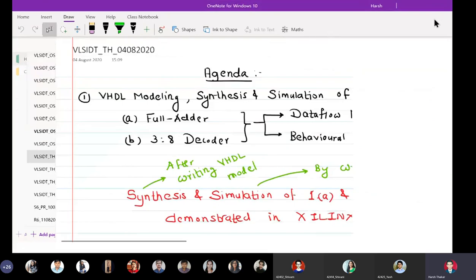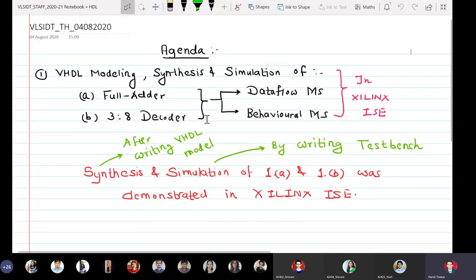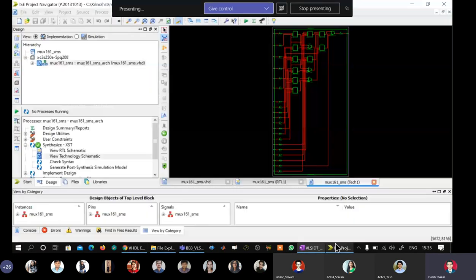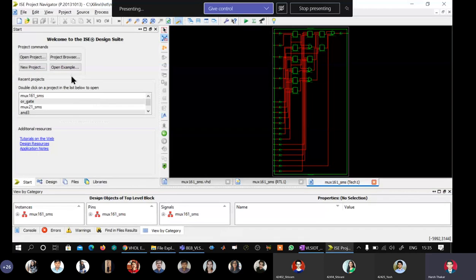Yeah. So if you remember on 4th of August, we had taken this 3:8 decoder using behavioral modeling style.